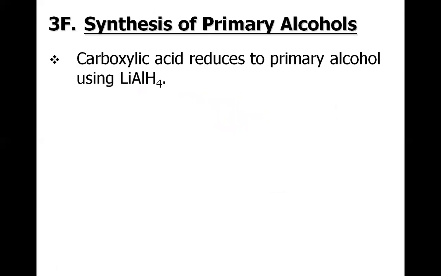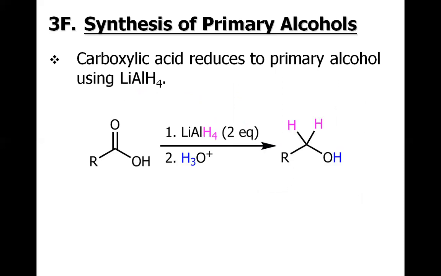More reactions for the carboxylic acid: we may synthesize the primary alcohol from the carboxylic acid in a simple reduction reaction. This is the reaction. We have this carboxylic acid, which when treated with lithium aluminum hydride forms this primary alcohol. So overall, we have this double-bond oxygen removed and two hydrogens added here. Again, we have used two equivalents, and this time you must have understood why two equivalents.